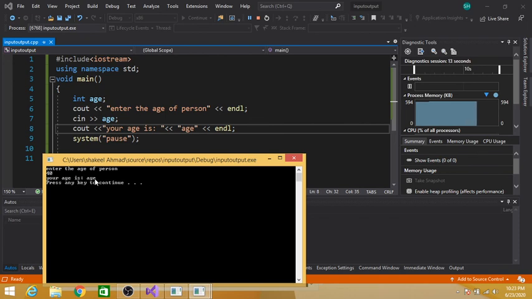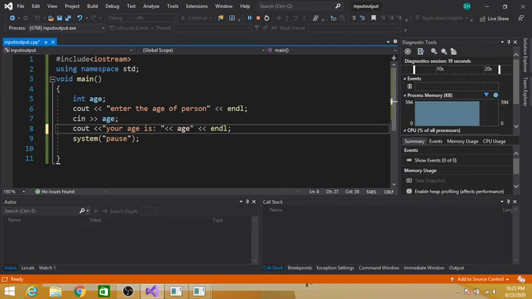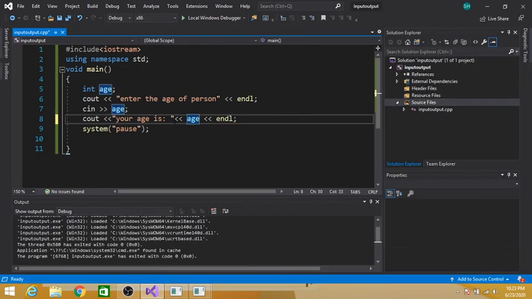So when you want to print the value of a variable, do not place double quotes around the variable, otherwise it will print the name of the variable, and the value of the variable will not be printed.